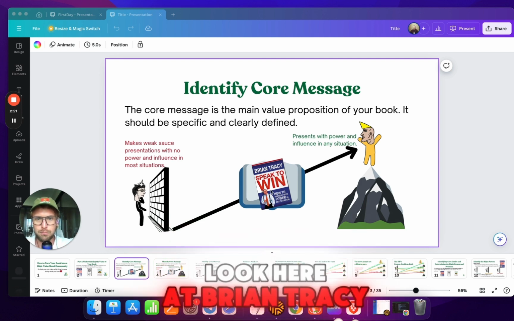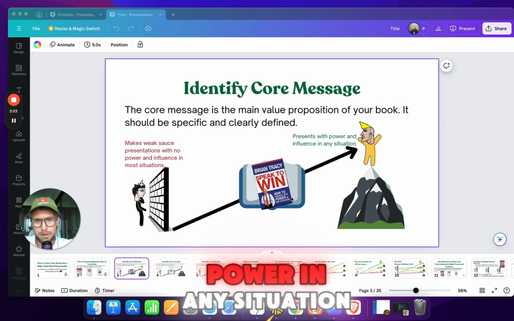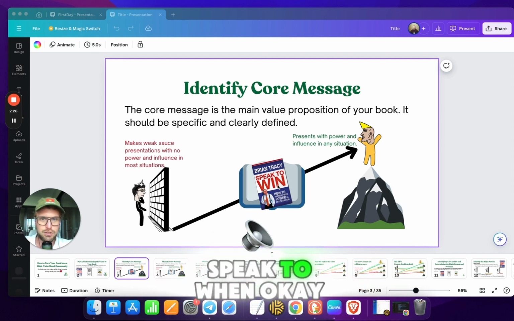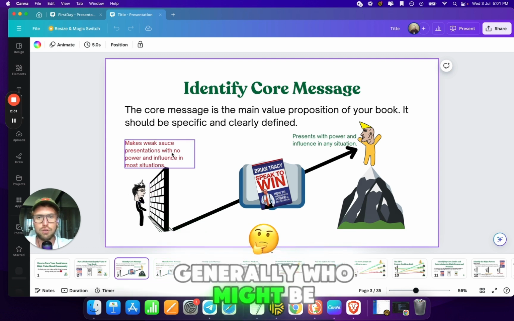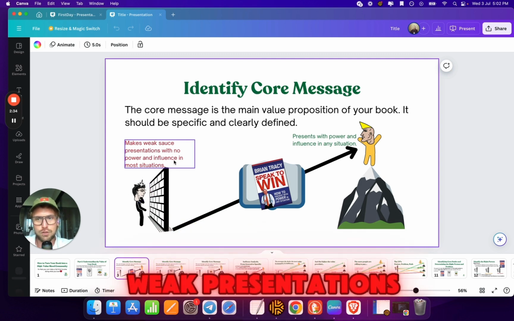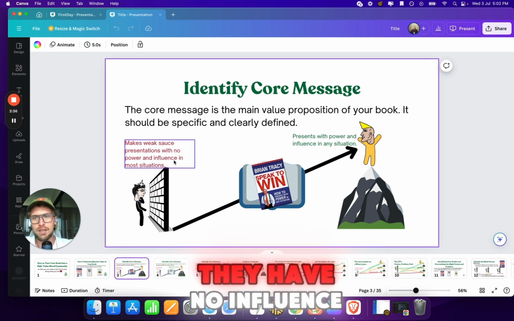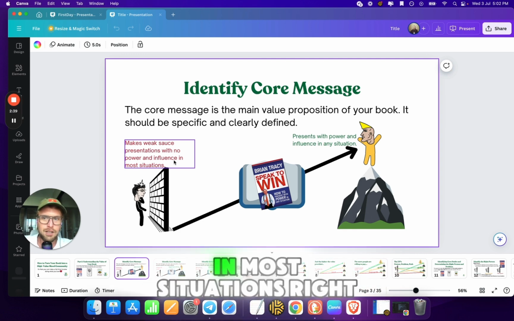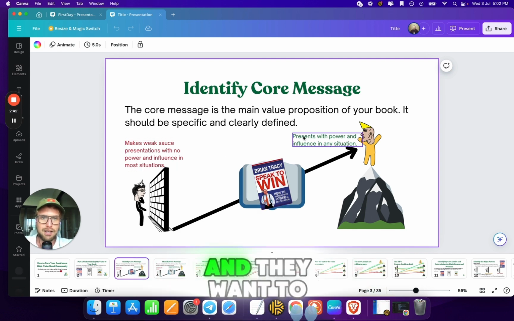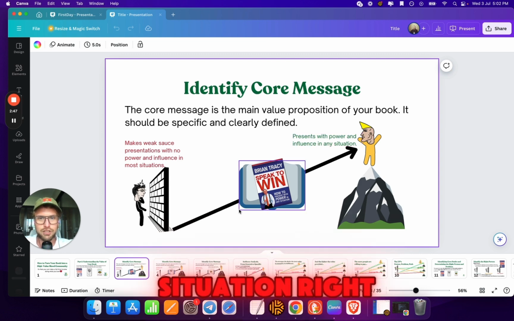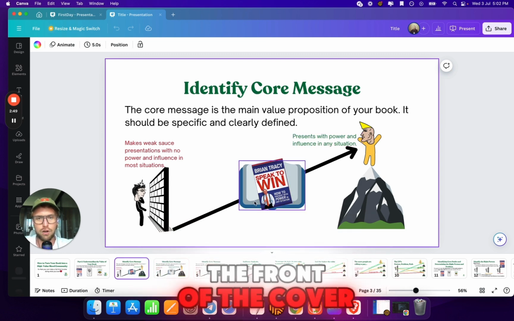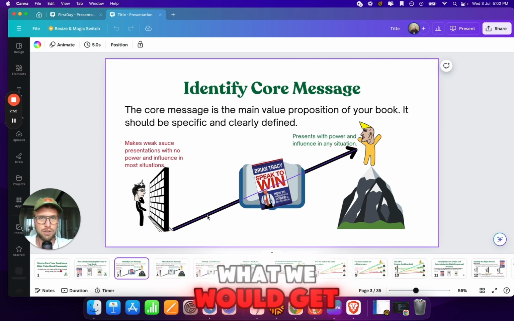So if we were to look here at Brian Tracy, how to present with power in any situation. Speak to win. Okay, so the person generally who might be interested in this book is somebody who makes weak presentations. They have no power, they have no influence in most situations, right? And they want to get to a point where they present with power and influence in any situation, right? We're literally just taking the front of the cover, the main promise of what we would get out of reading